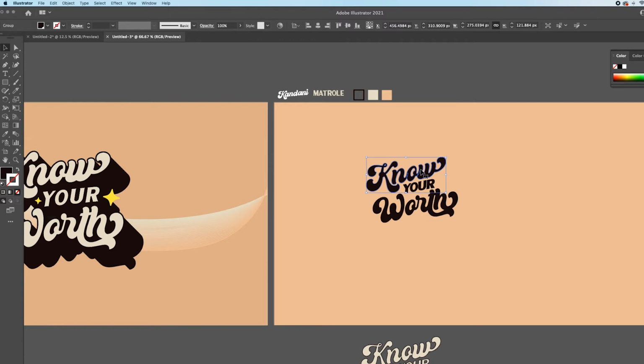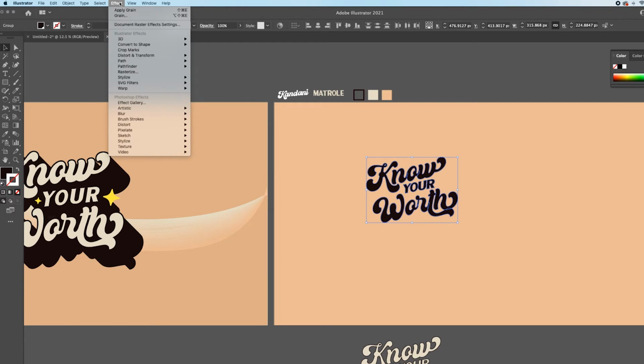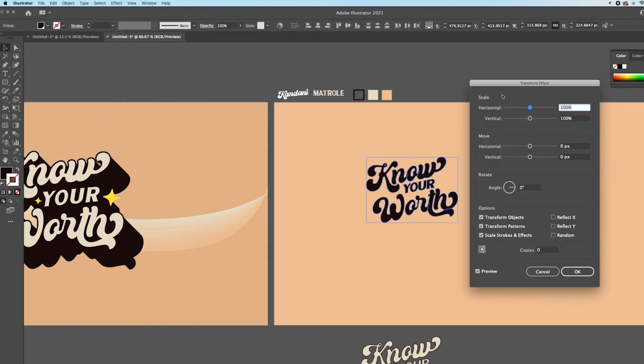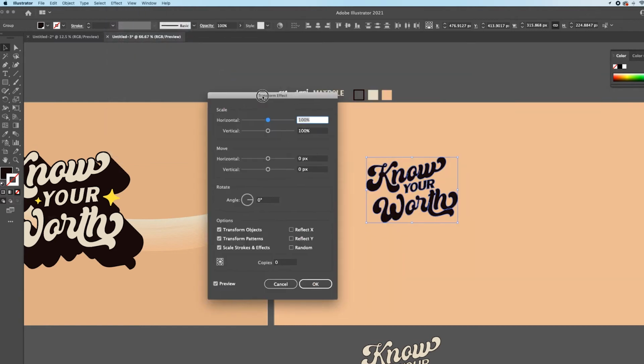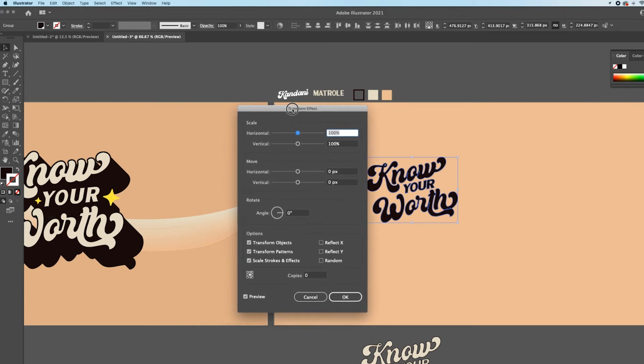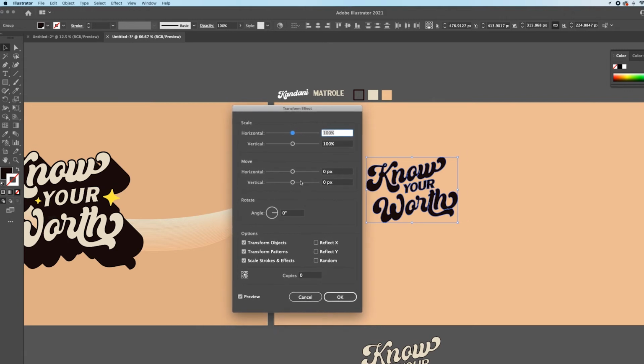So what I will do is grab all of the text, go to Effect, go to Distort and Transform, and then I'm going to go to Transform. In the Transform, you'll have an effects panel that will pop up. In this effects panel, you can play around with a whole bunch of options, but I'm just going to keep it real simple. So what I'm going to do is add 1 point moving horizontally, 1 point moving vertically,